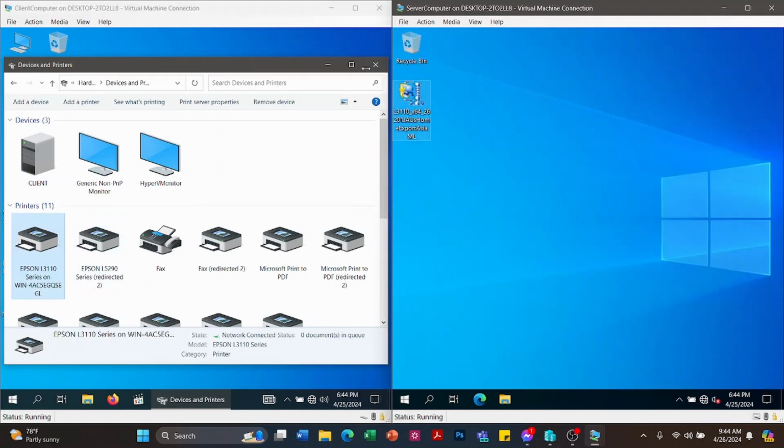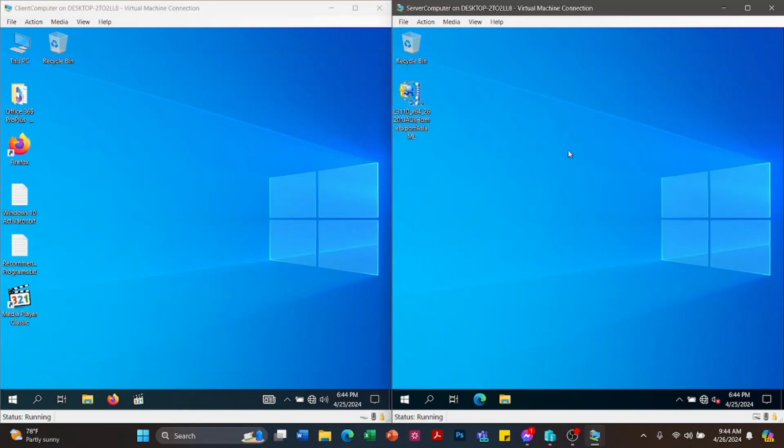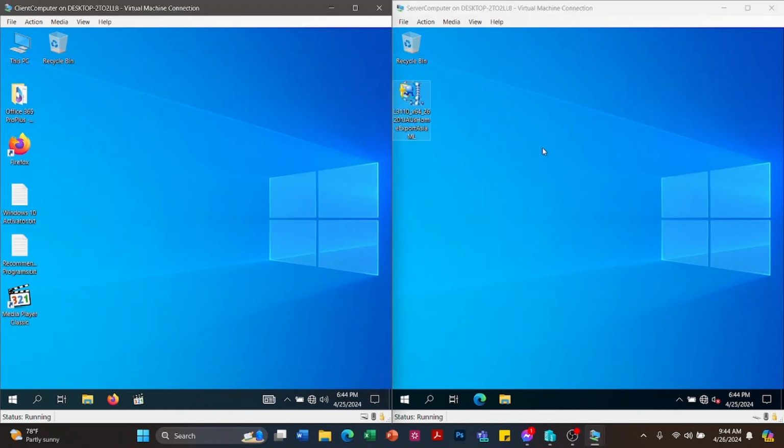Okay, so that's all for the entire tutorial. In our tutorial, we have set up a client server configuration. First, we installed and configured the ADDS and the DNS, where we were able to add a domain, user group and the organizational unit.